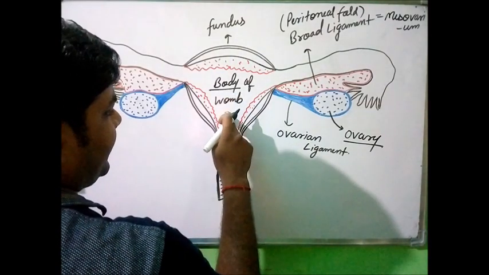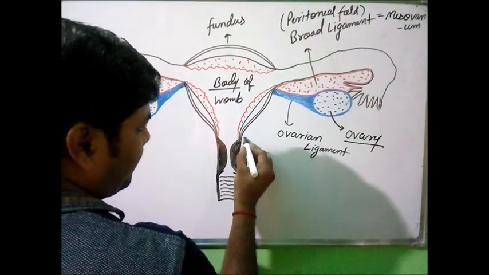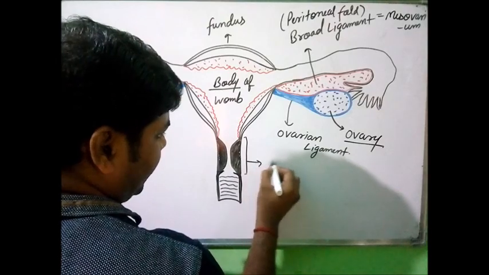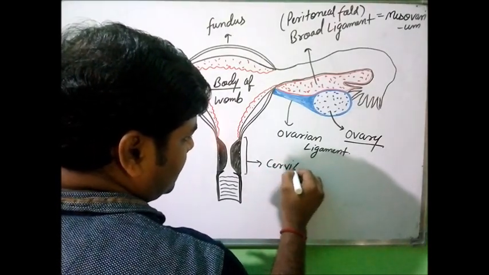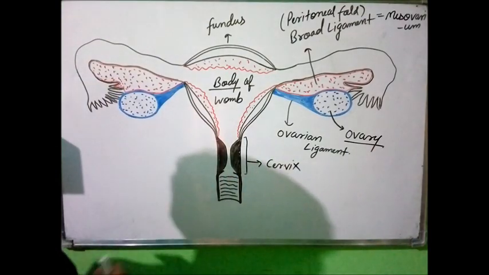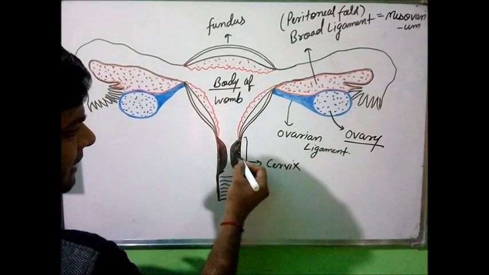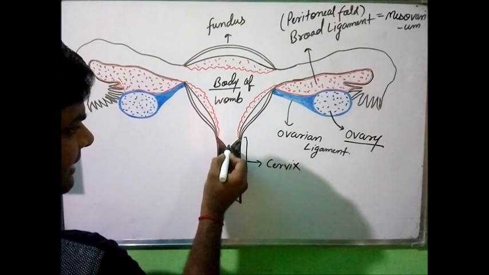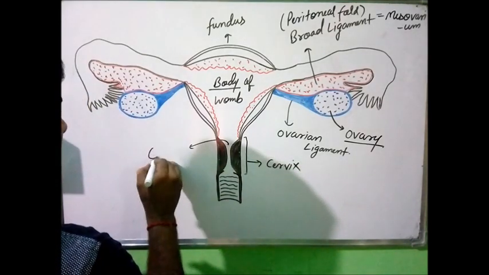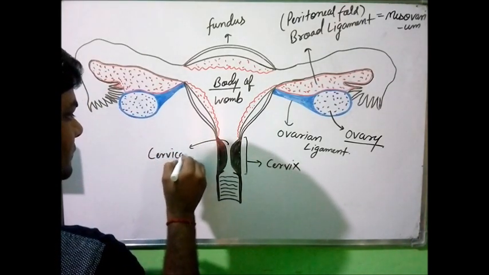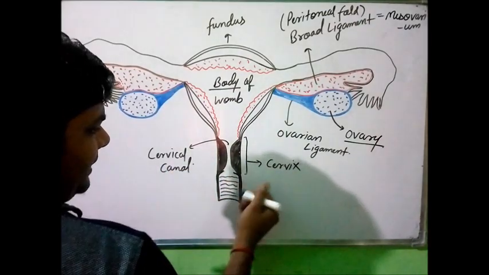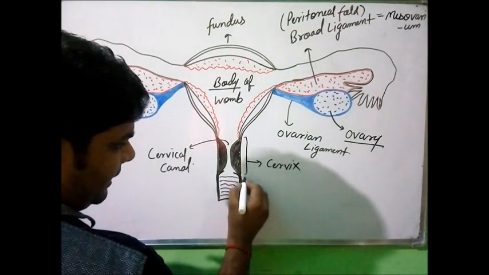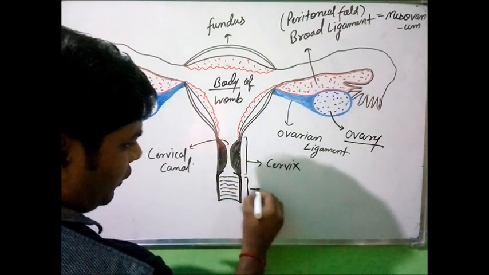Then the main body is here, and this thick portion of the tube is called the cervix, which has a thick wall and a narrow space, called the cervical canal. Then there is another tube, a little bit dilated, called the vagina,